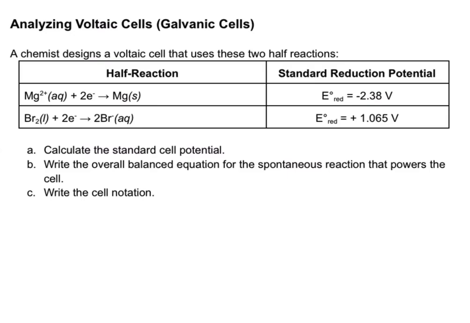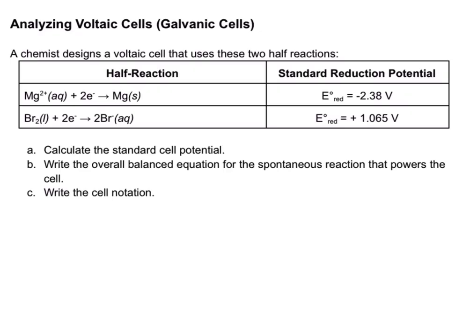We're going to be analyzing voltaic cells. In this example, a chemist designs a voltaic cell that uses two half reactions, and we're asked to calculate the standard cell potential, to write the overall balanced equation, and to write the cell notation. In these types of problems, when the only given is the standard reduction potential, then we're going to have to